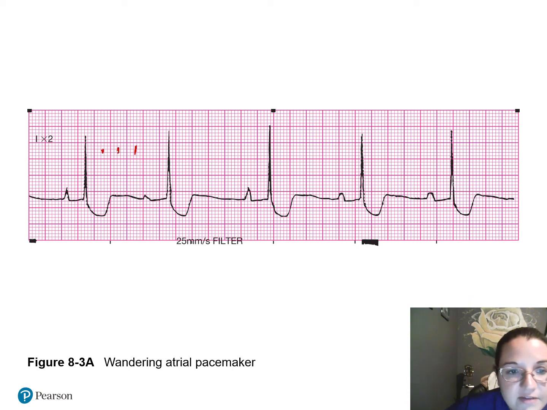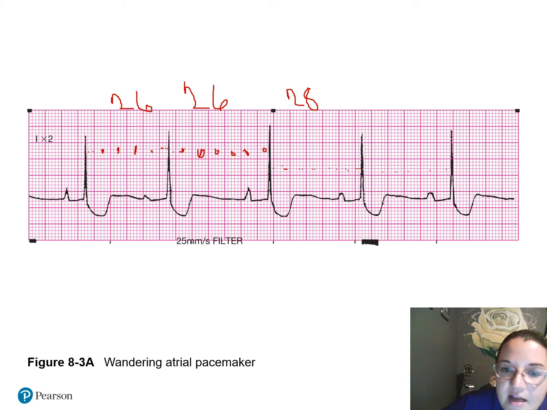So I'm going to count by 5. 5, 10, 15, 20. And then I'm going to count those little boxes that are extra. 3 there. So that's 26. Next one, 5, 10, 15, 20, 25, 26, 27, I got 28 here. Let me double check that. 5, 10, 15, 20, 25, 26, 27, 28. And then 5, 10, 15, 20, 25, 26, 27, 28. Would you say that 26 is 2 boxes away from 28? If you do, you're correct, which means in this case, my rhythm is actually regular,